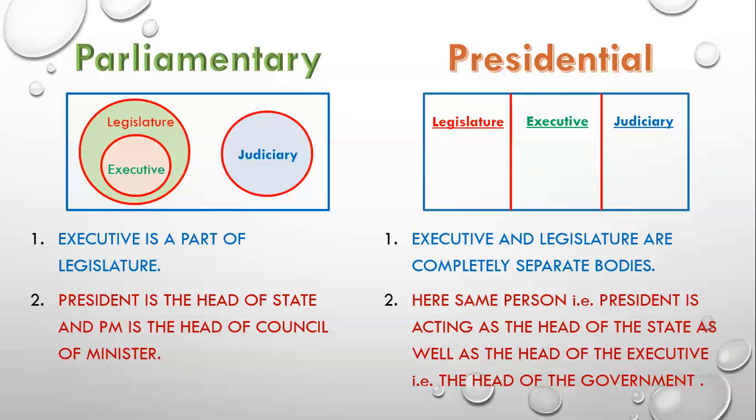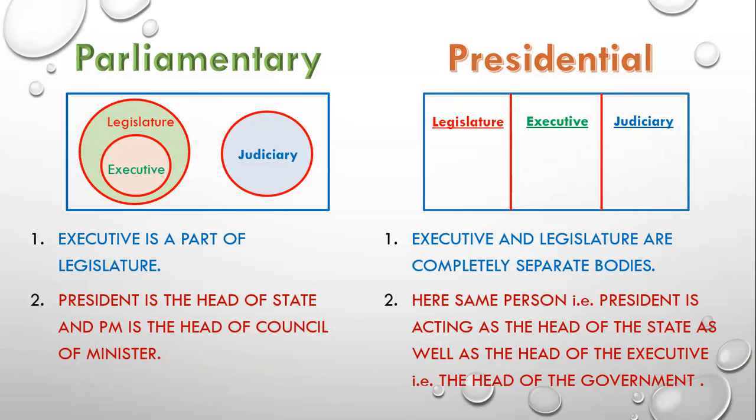Okay, so what is Lok Sabha and Rajya Sabha? Lok Sabha and Rajya Sabha are the two houses of the parliament. And what is parliament? Parliament is the legislature of India, the union legislature of India. And all the members of the executive, meaning all the members of the council of ministers and the prime minister, are chosen from the members of Lok Sabha and Rajya Sabha.